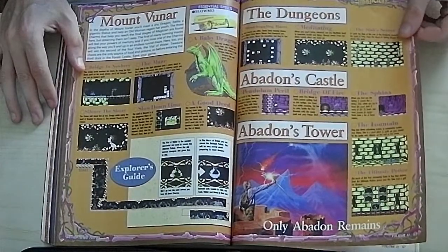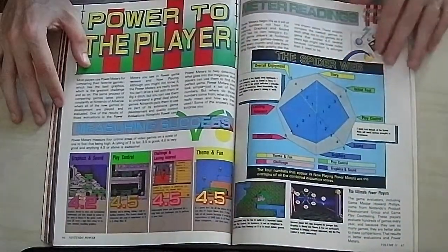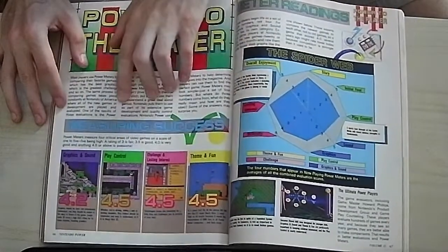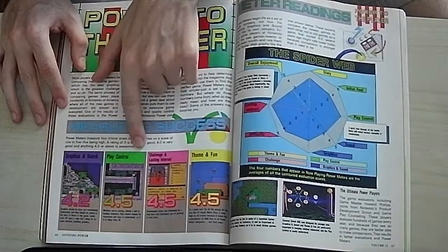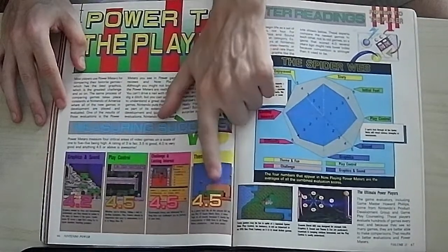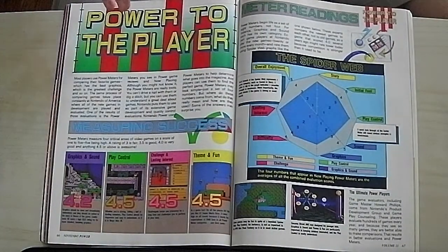Mount Vunar. So this game always interested me, but I never gave it the time to really learn it. So they're explaining to you what the power meter means, what their rating system is basically here. You have graphics and sound, play control, challenge, and theme and fun, which I think, Richard, somebody asked in one of my streams, what theme fun is. I'm going to explain it right here, what Nintendo's official